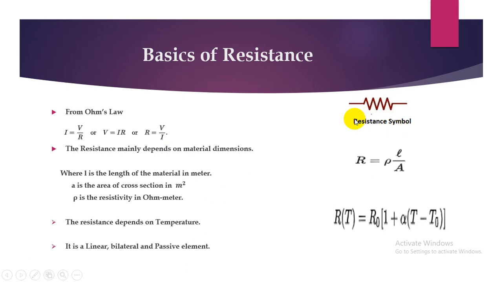This is the symbol of resistance, and the resistance mainly depends on the material dimensions like length and area of cross section. This is the equation: R is equal to rho L by A, where L is the length of the material in meter, A is the area of cross section in meter square, and rho is the resistivity in ohm meter. The resistance not only depends on the material dimensions,